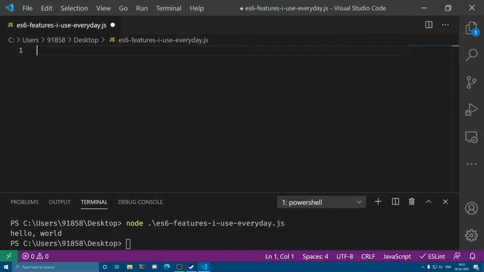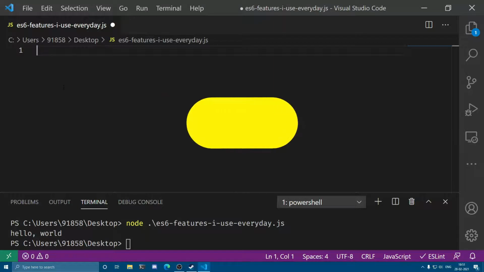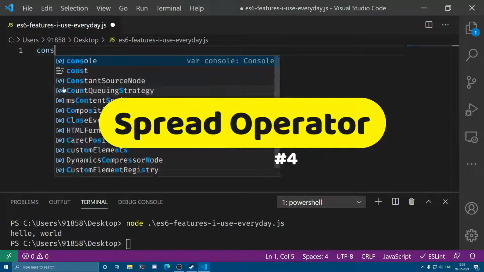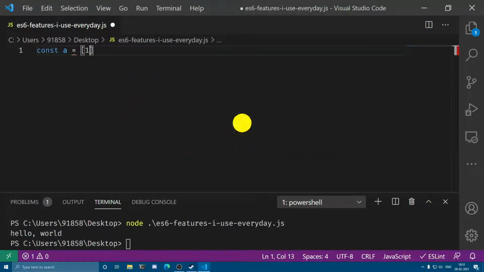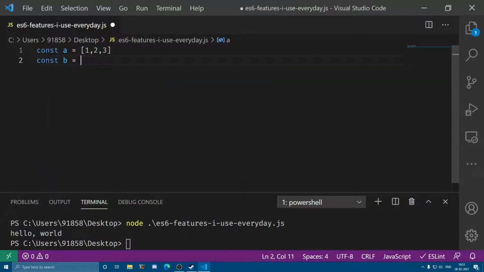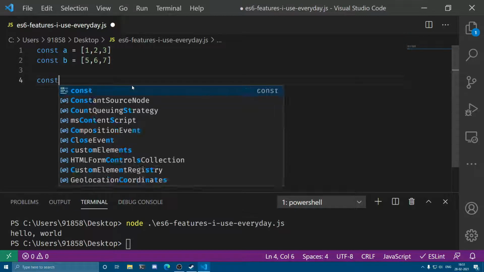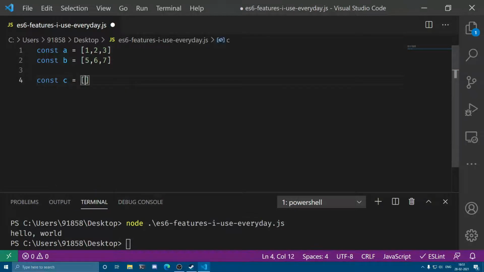The fourth thing I use in ES6 is the spread operator. Let's suppose you have an array like this and one more array like this, so you have two arrays. What if you want to merge them? Using the spread operator, you can easily merge those by using this syntax.